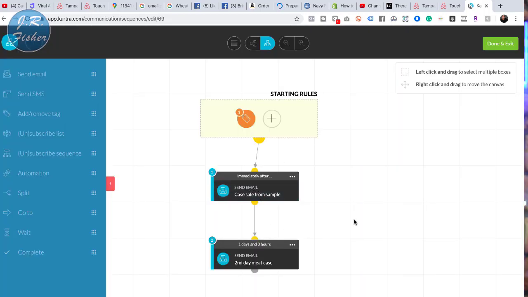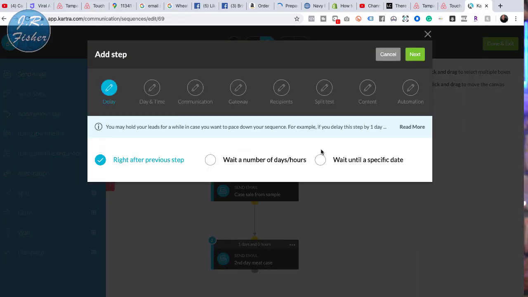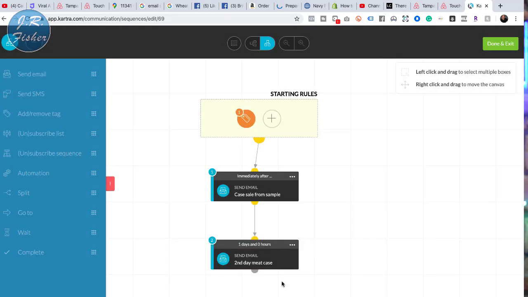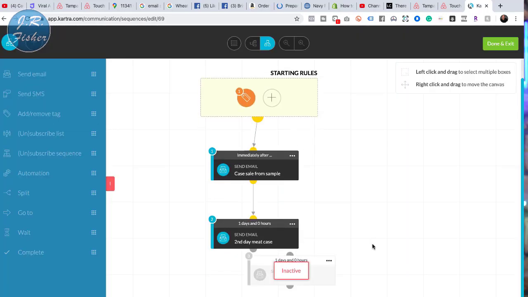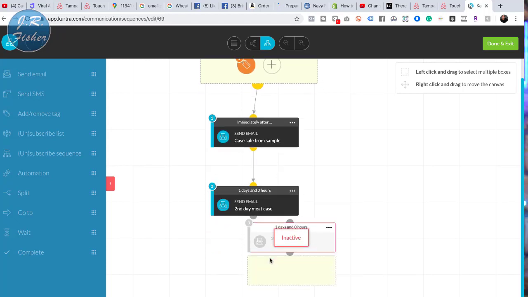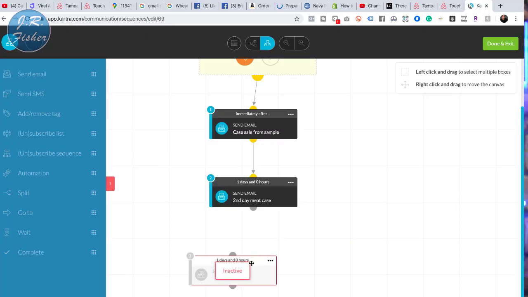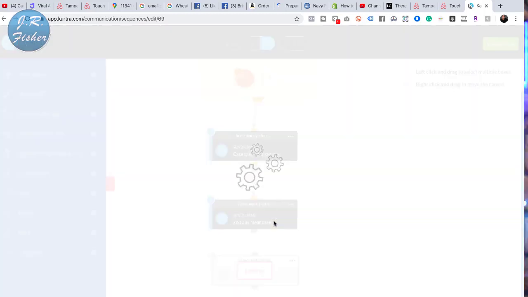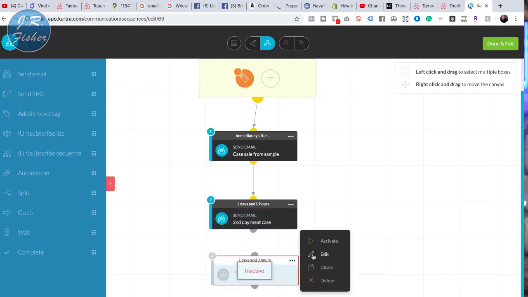So let's say you want to do this over a period of 5 days. All right, so to make this easier, what I'm going to do is I'm going to duplicate this because it's going to be the same parameters, and then I can just change the email. Okay, so what I'll do is I'll clone it. Okay, there's the cloned email right there, and I could just go into this email now. Let me get it up here a little bit. You got to play around with that a little bit. I could just go into this email right now, click edit,